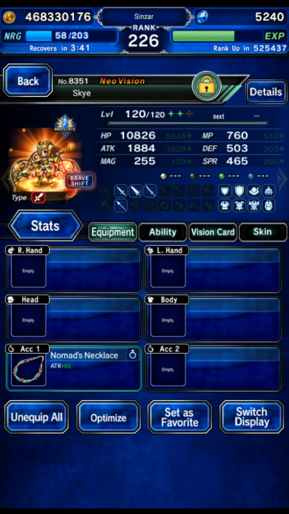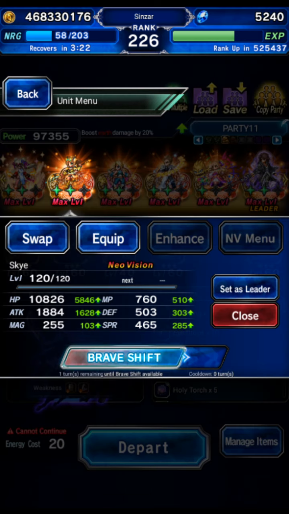Okay, this is really important. Every time Sky brave shifts, at the end of the turn, she auto-casts a single stack of Mirage. This will override your double Mirage for Ling. So because of that, we start her in the base form just to get her LB filled, and we shift